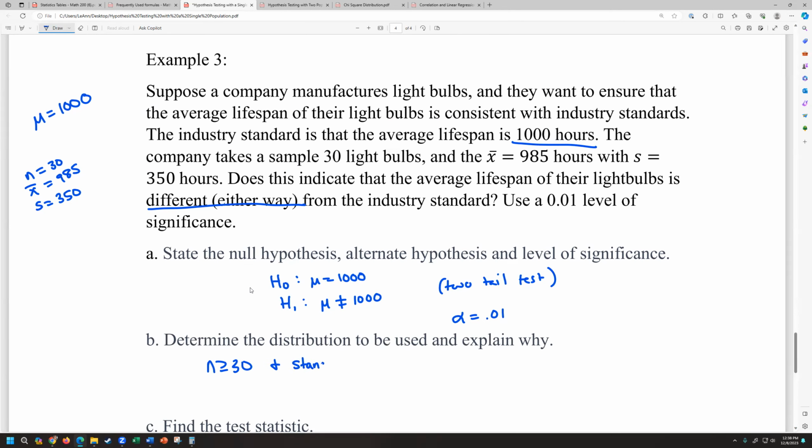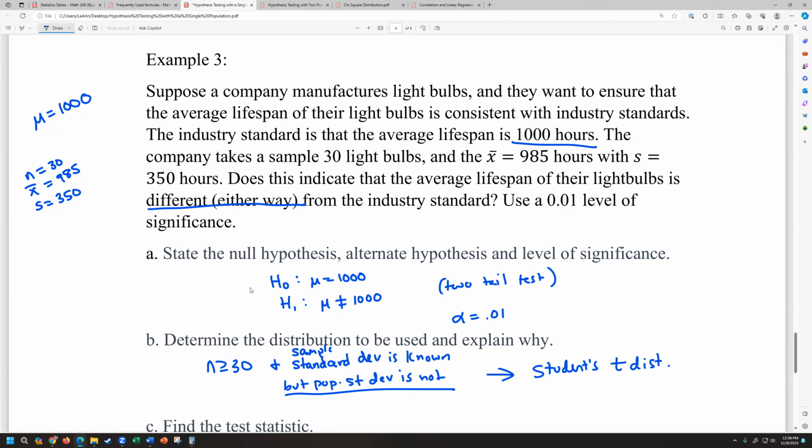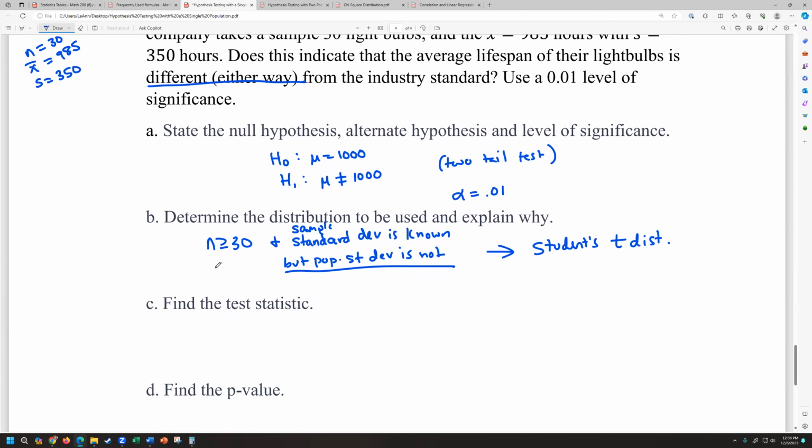Sample standard deviation is known, but population standard deviation is not. That's the key. Population standard deviation is not known, so that's when we say we need to use the student's T distribution. Okay, so finding that test statistic, the formula doesn't change really much,